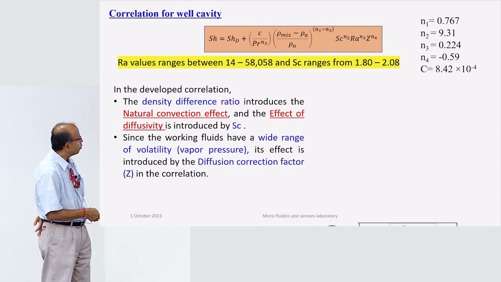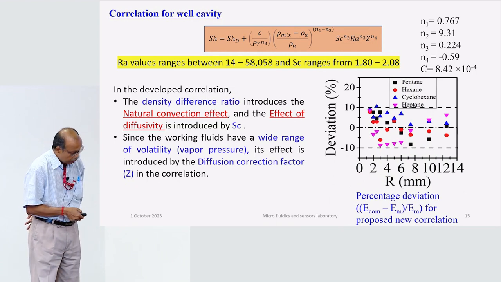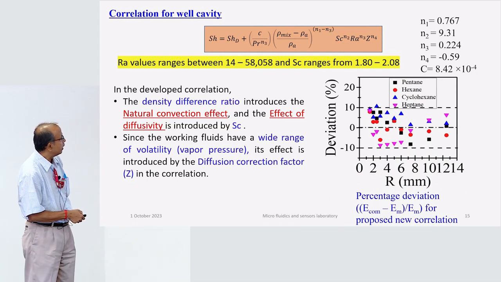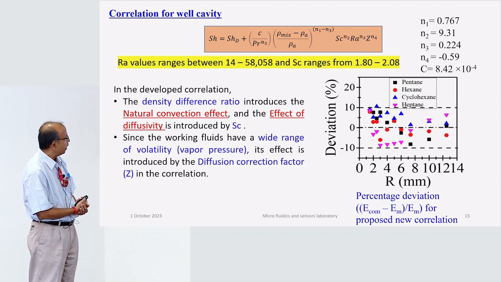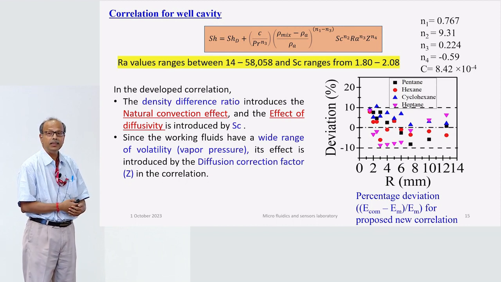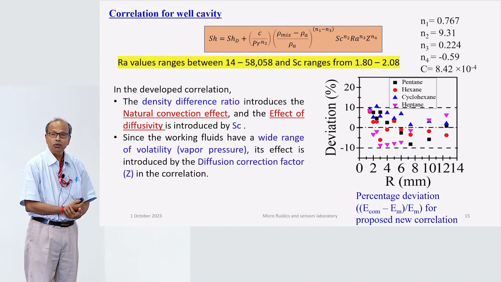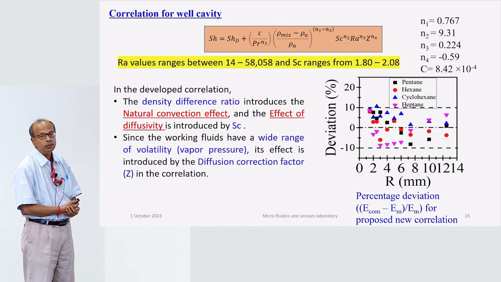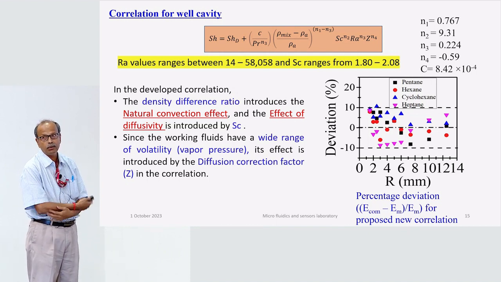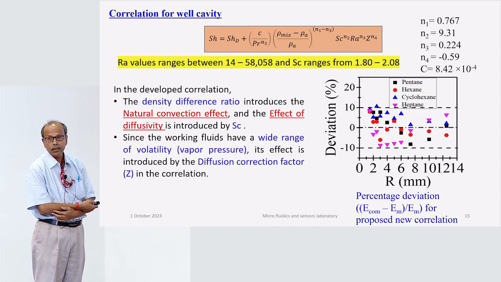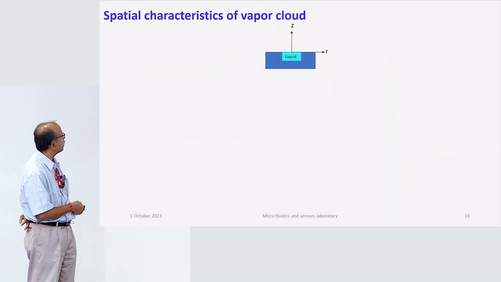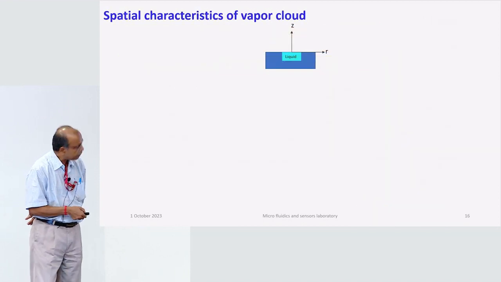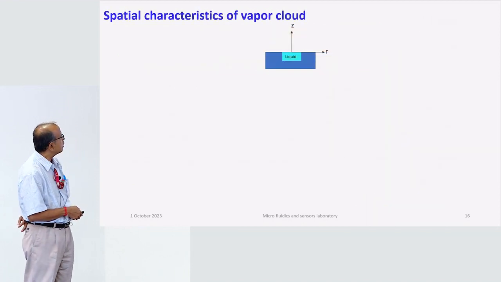Then we looked into the comparison, and as you see, the deviation came down from 100% to 10%. So we could say that this is good enough to be used if we are going to calculate the evaporation from the cavities here. That was the first objective that we had. And then the next one is that